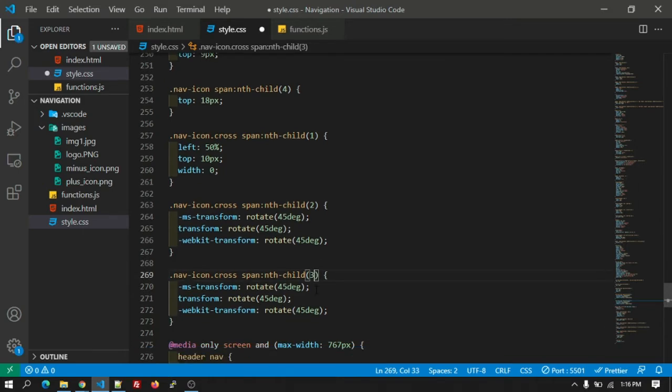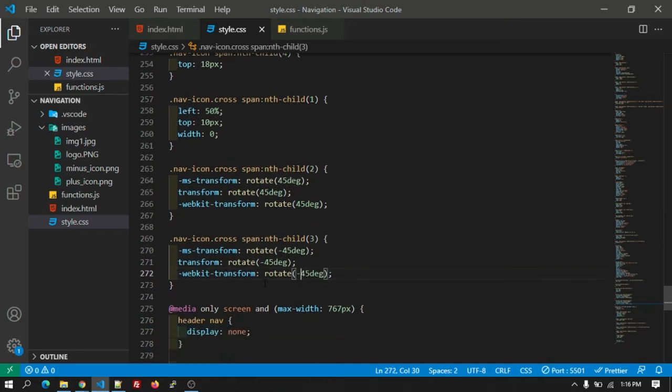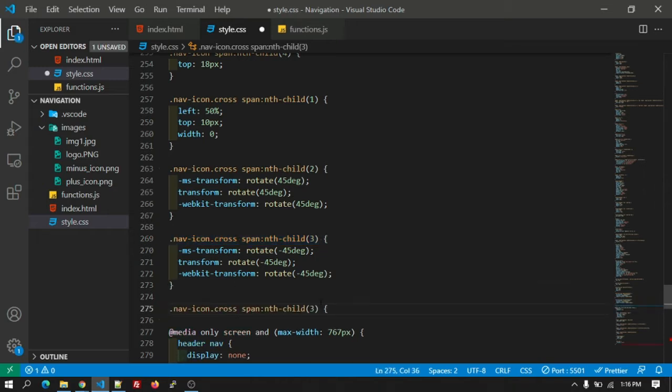In that we are going to change it to minus 45 degree, and the minus 45 degree. Okay, let's copy the class for the fourth span.